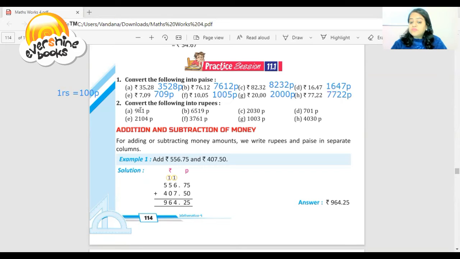You have to convert into rupees, then you have to divide by 100. 981 is your paise and you have to convert into rupees, so you divide by 100. Okay, so you will get your answer. Your answer is 9 rupees. So write here, students, 9 rupees, which means you put the sign of rupees, and then write 9 rupees and 81 paise. Okay, got it? Yes, it's very easy.